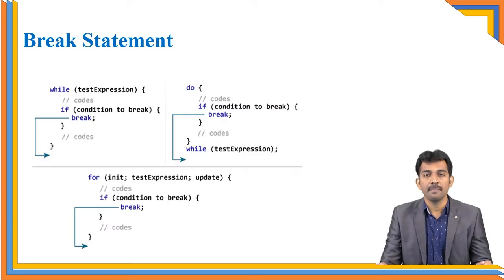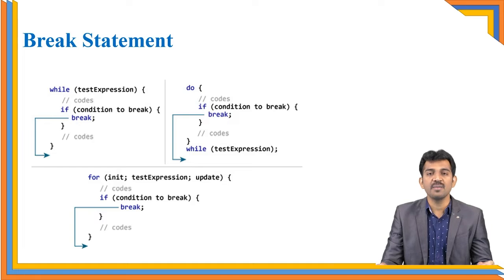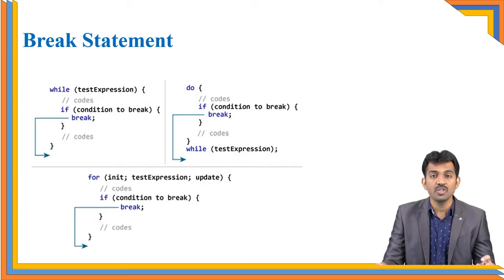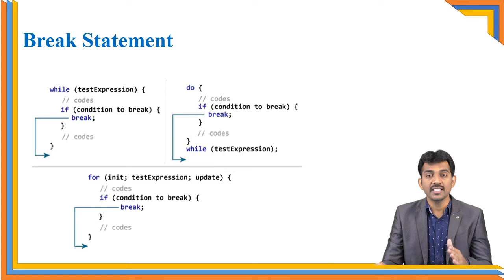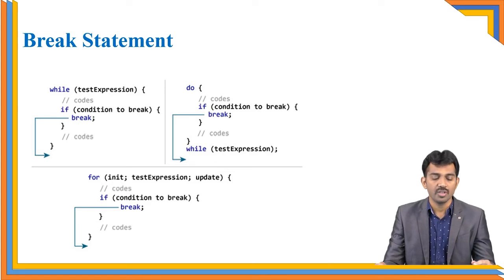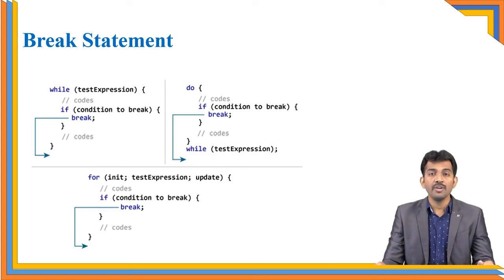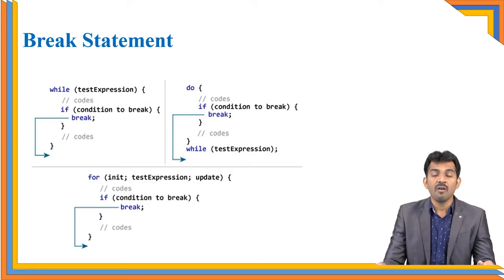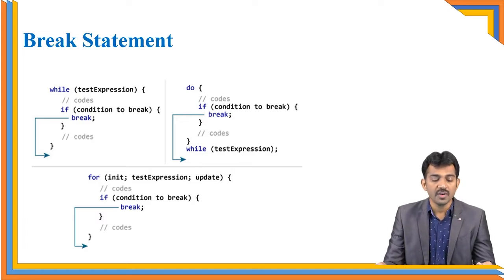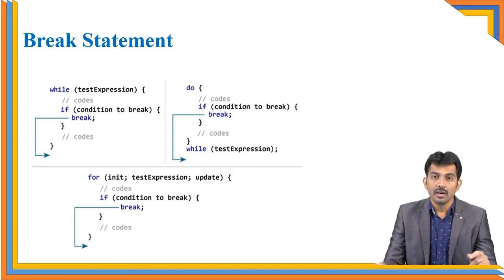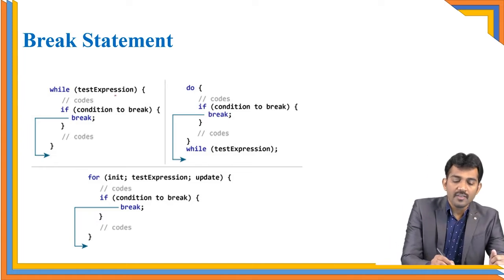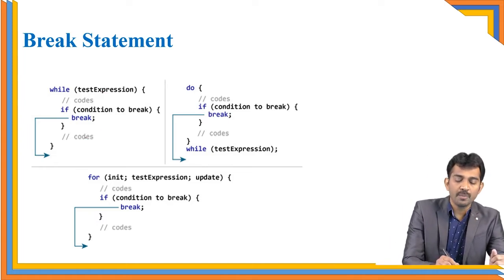See, first, break. Break is a statement used to stop the loop under particular conditions. When the break statement executes, you just exit from the loop. That is the scenario. Observe clearly here. I am going to explain break with all the loop statements. First one is the while. Here, when the condition is true, it is going to repeat.